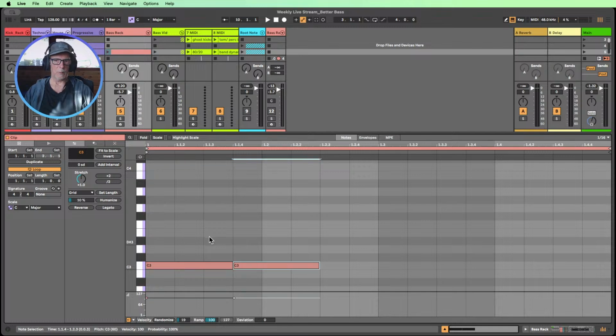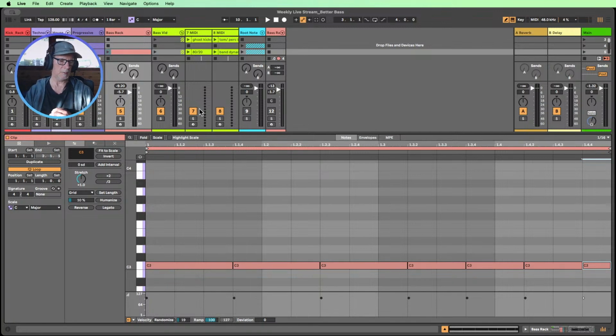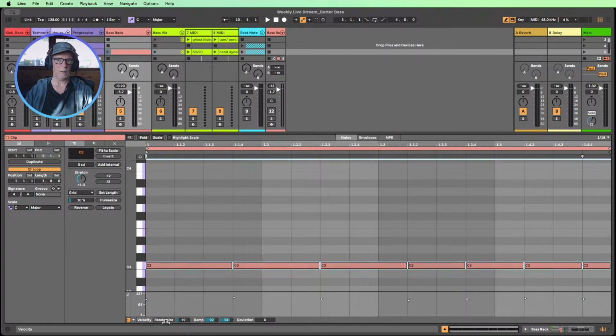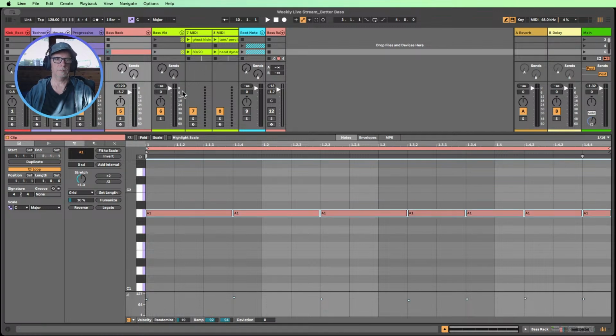3/16 dotted eighths. Maybe we have a couple of those, and then we go into straight eighths. That's going to give us a completely different rhythm. And then maybe we have a 16th on the end here. So we're actually using dotted eighths and then normal eighths and a 16th. Now that could be many combinations, but you can work between dotted and straight notes to give yourself a bit more vibe. Once again, we're going to give ourselves some random velocities. We're going to bring them down in pitch. So we go onto the A.